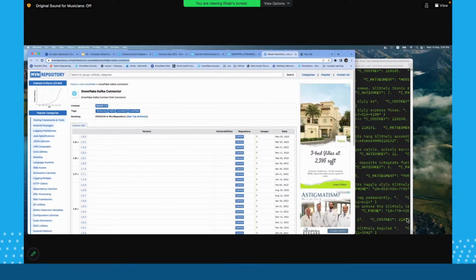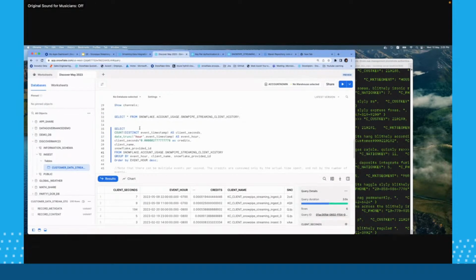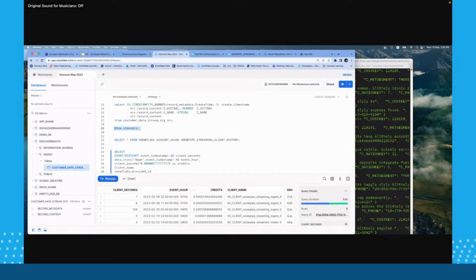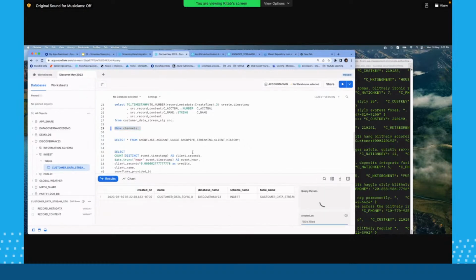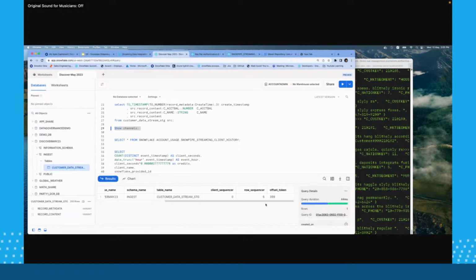Well, I'll take the first question. Going back to my screen, you can see channels. You can go ahead and reset channels, but be mindful that it's a very, very risky thing to do, so you should know what you're doing. You need account admin privileges to do that. You can go ahead and reset this particular offset.